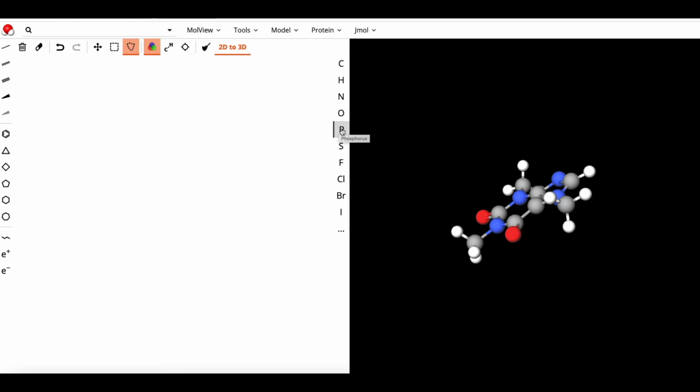So you can see that we're going to use the phosphorus. So you're going to click on the P and just click it in the middle of your screen. And then you want 5 chlorine, so you're going to go 1, 2, 3, 4, 5, and you want to connect these chlorines to the phosphorus. So click on the single bond up here in the upper left corner, click on a chlorine, click and hold, and you want to drag it down to the phosphorus so that you know that the chlorine and phosphorus are single bonded. Now just repeat that